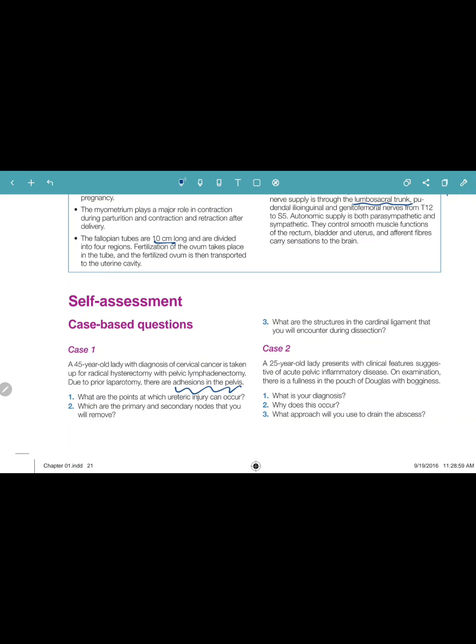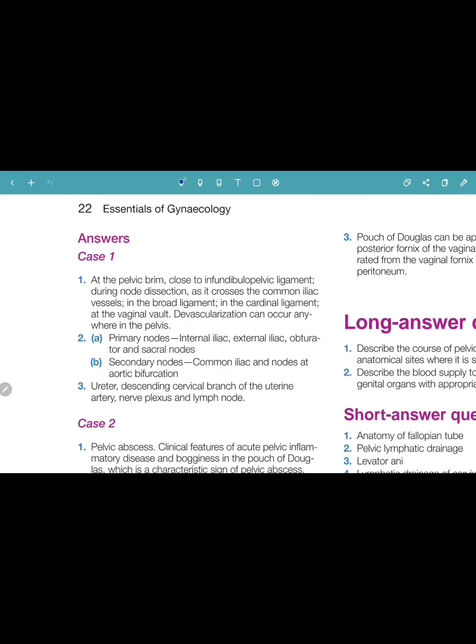The answer for the first question is at the pelvic brim, close to the infundibulopelvic ligament during node dissection, as it crosses the common iliac vessels till the broad ligament in the cardinal ligament. So devascularization can occur anywhere in the pelvis. So primary nodes are internal iliac, external iliac, obturator and sacral nodes. The secondary nodes are common iliacs and nodes at the aortic bifurcation. So ureter, descending cervical branch of the uterine artery and nerve plexus and lymph node are the contents of the